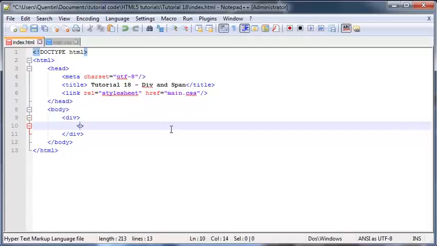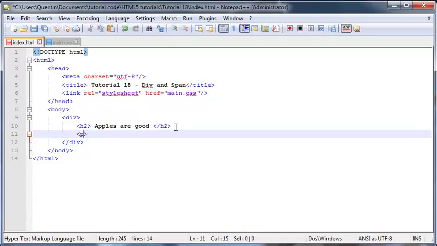Okay, so let's put in heading 2 and ending heading 2, and in the heading we can say apples are good, and then I'll go to the new line and make a paragraph, and in this paragraph we'll just say an apple a day keeps the doctor away. If you didn't see that coming, then wow, okay,